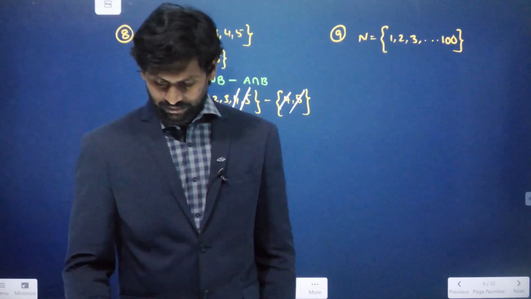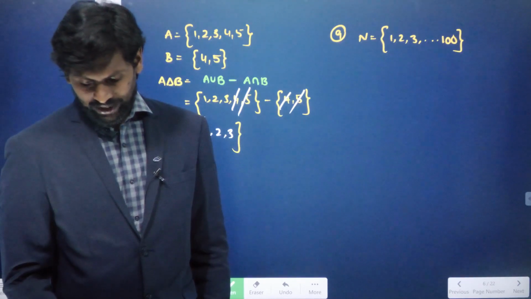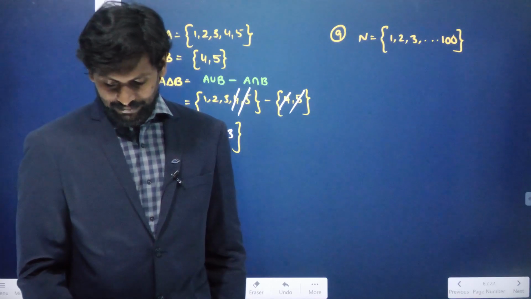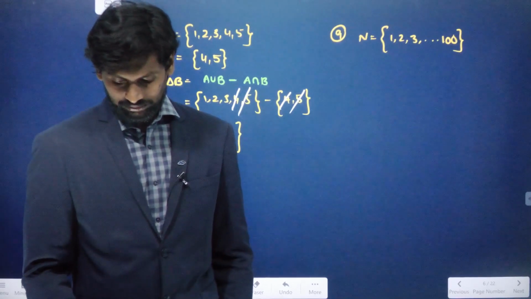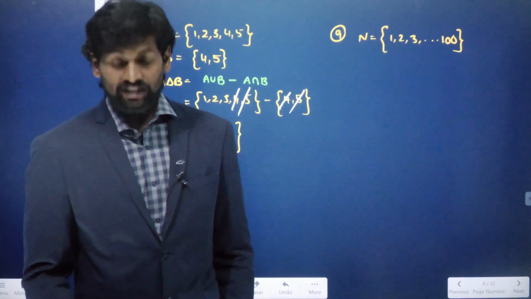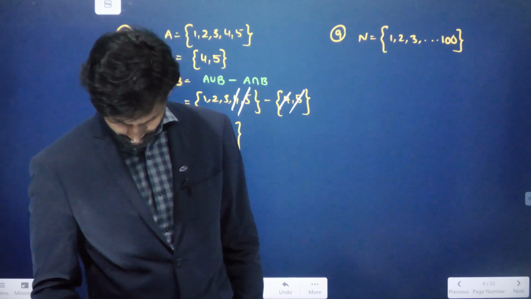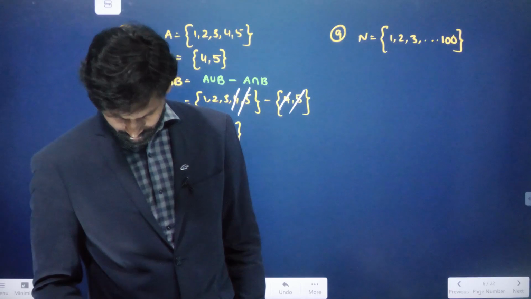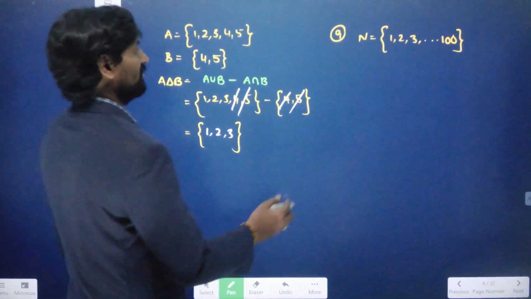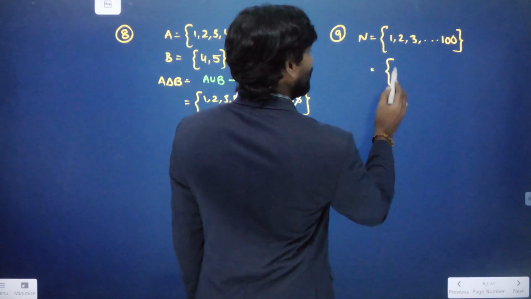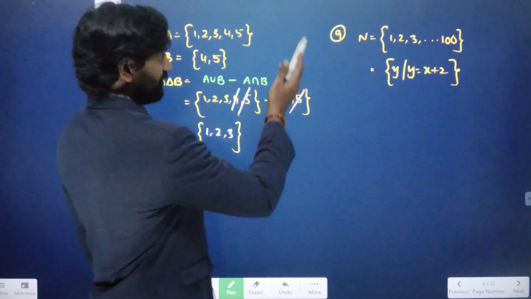Okay, let me read the question one more time. Then subset B of N whose elements are represented by x plus 2, where x belongs to the set of natural numbers. So there might be a mistake in the question, just wait a moment. Yeah, let us try to write the elements in its subset. Let us take an element y in the form y equals x plus 2. Okay? So let us try to take x values